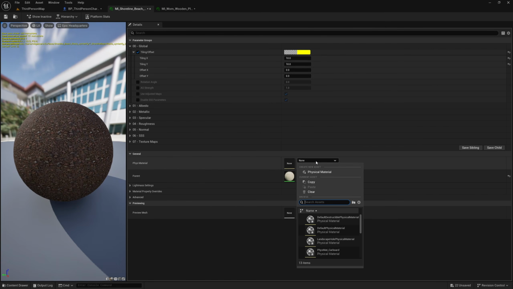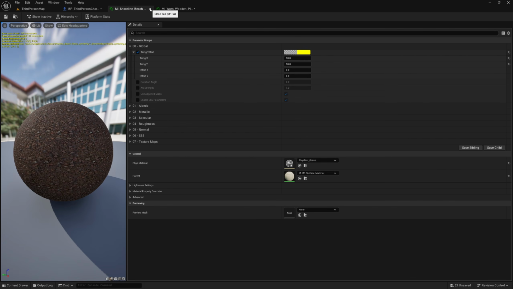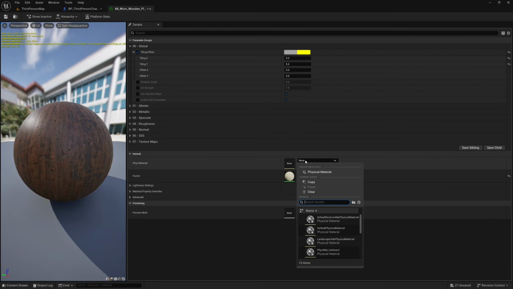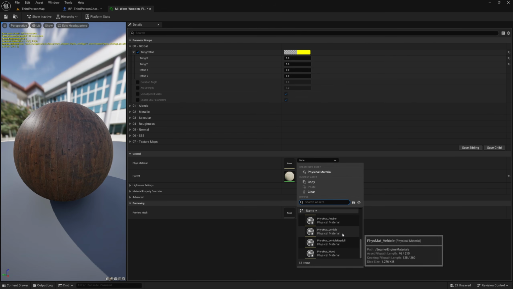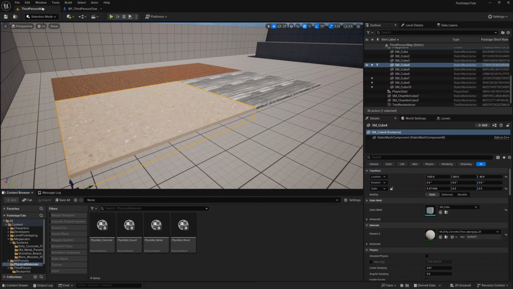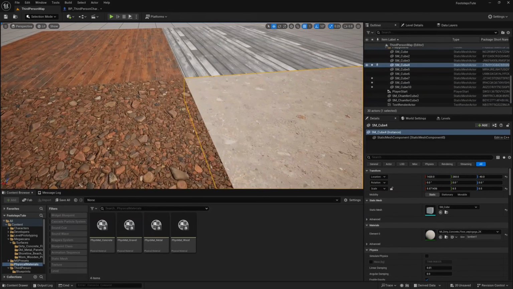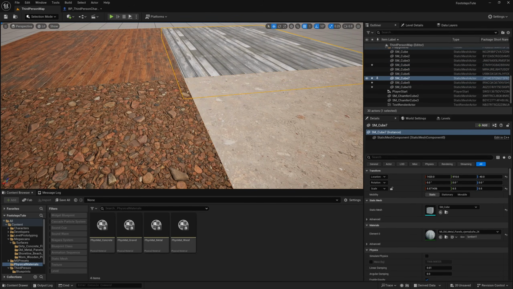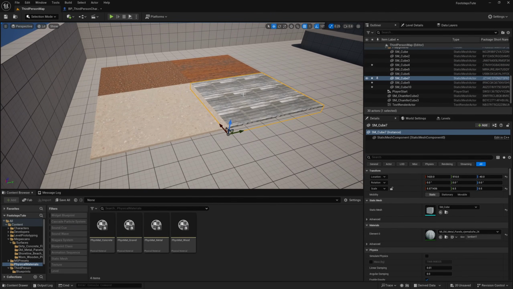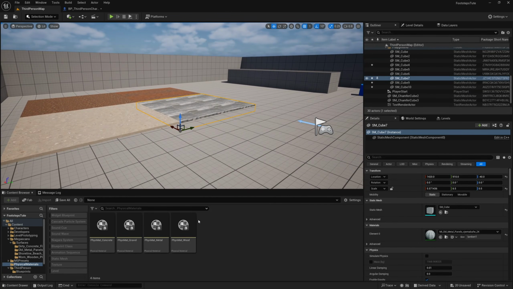And shoreline beach, this one's going to be PhysMat underscore gravel, save and close that. And this wooden one is going to be PhysMat wood. Select that, save and close that. And now the engine knows we can get data from these surfaces that tell it what sort of surface type it is, and then we can execute different code depending on what that is. So that's what we're going to do in a moment, but let's first just import our sound effects into the